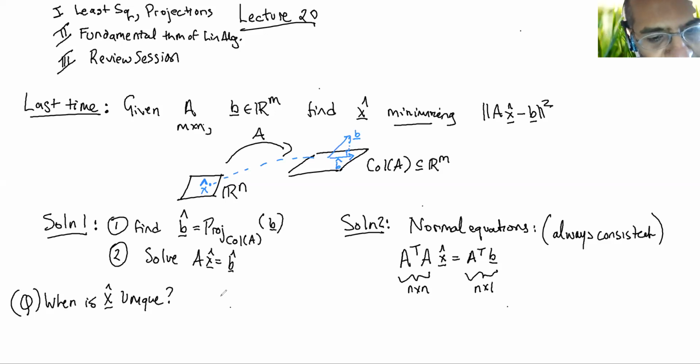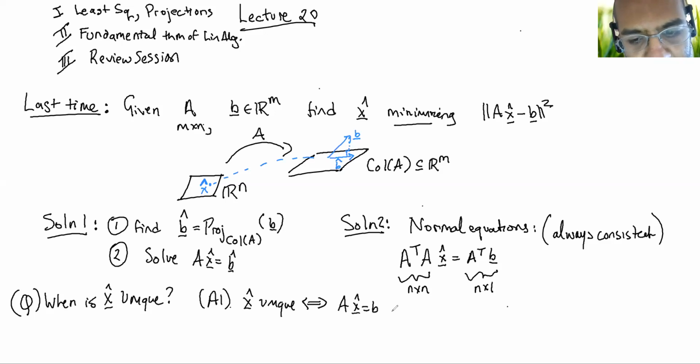So the first answer, looking at solution 1, is, well, x hat is unique if and only if A x hat equals b hat has a unique solution. Because b hat is unique. b hat is just the projection of b onto the column space. There's no non-uniqueness there. And this is true if and only if A has linearly independent columns,